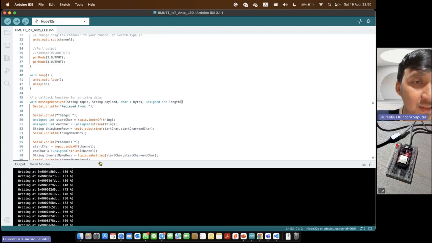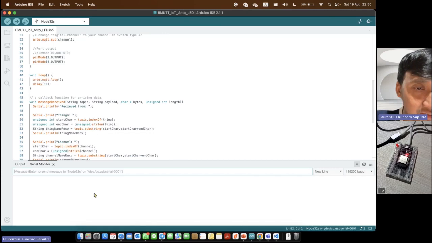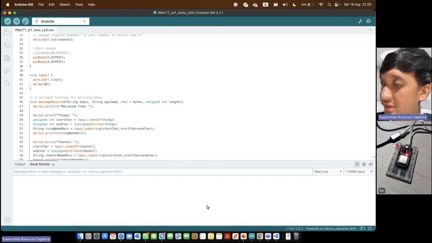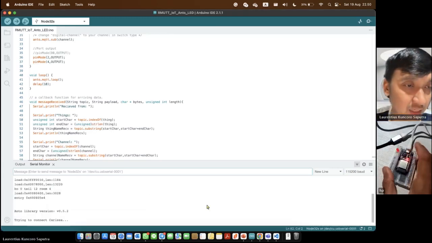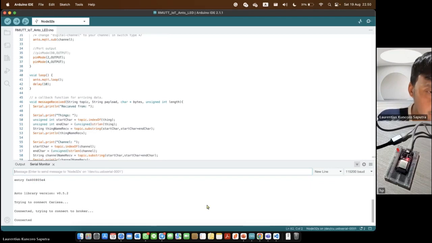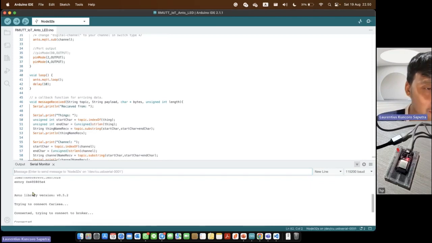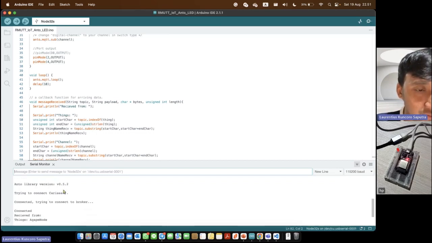After it succeeds, we can check whether the ESP is already connected to Anto or not. So we can go to the serial monitor here, and we can reset. I use Anto library version 0.5.2. It is trying to connect to my Wi-Fi, and this is already connected, then trying to connect to the broker, and connected.